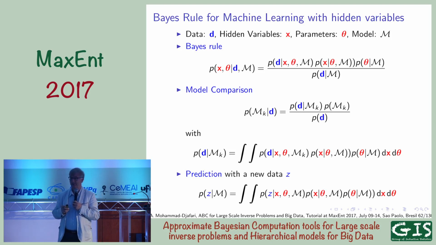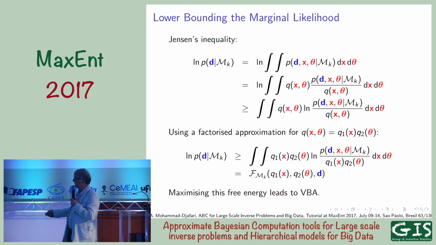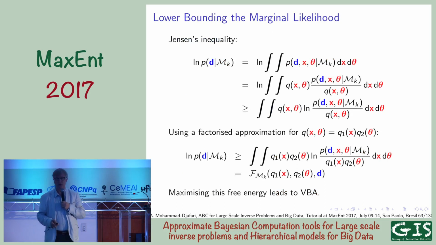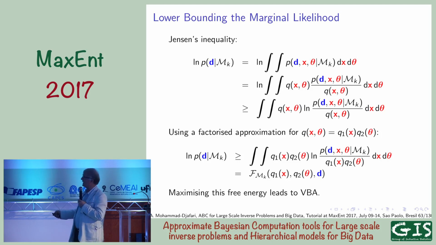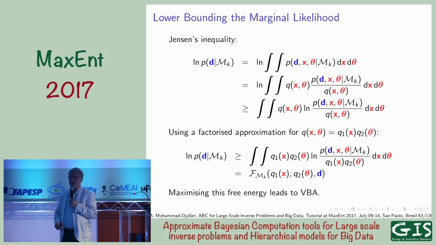Very often in machine learning, we have not only one layer, we may have many layers. So we have data which are related to the first level unknown, and also this theta. This first level unknown is called hidden variable, and again the problems that we have with this hidden variable part: we need to do this kind of computation, and the integration becomes a double integration. In those cases, again, doing exact computation is very difficult, and we can use this Jensen's inequality, which gives us the possibility not to